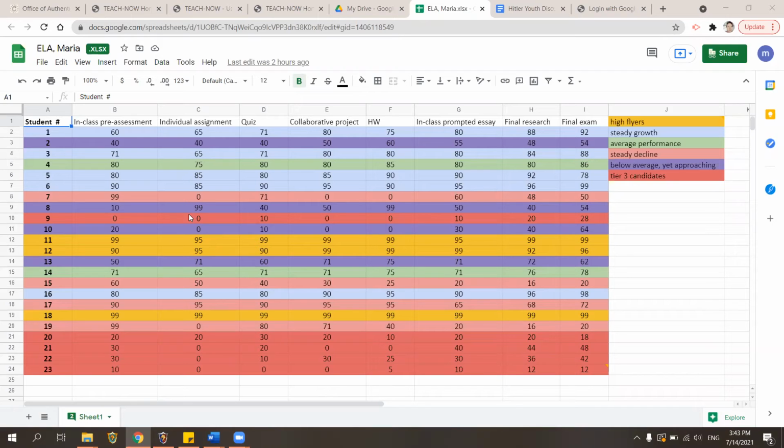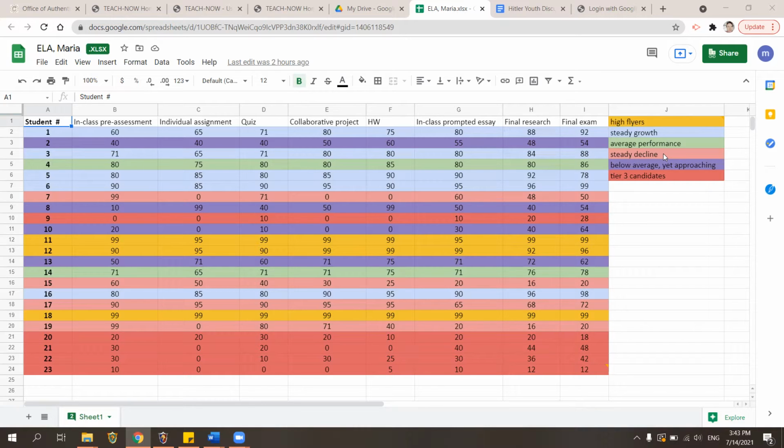We have a sample data here of a group of 23 students, which I decided to divide depending on their performance. And if you take a look at my color coding, you will see that I divided the group into high flyers in yellow or orange, steady growth in light blue, average performance in green,